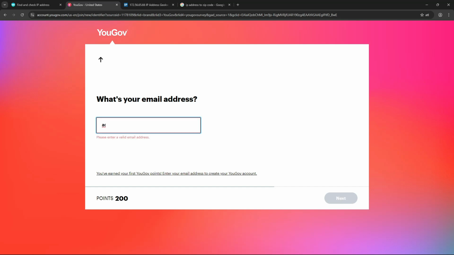Let's just use this. So once you put in your email address, note you have to use your real email address because they are going to send verification codes to the address. So you don't just pick a random email address. Use a real email address. It doesn't have to be your main email address, but let it be a real email address. Once you've put in your email address, click on next,